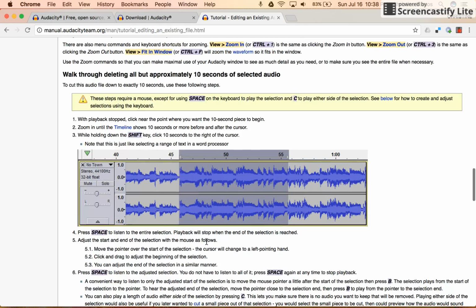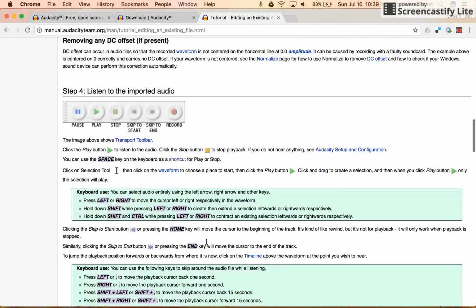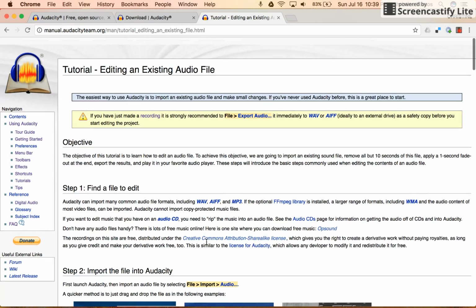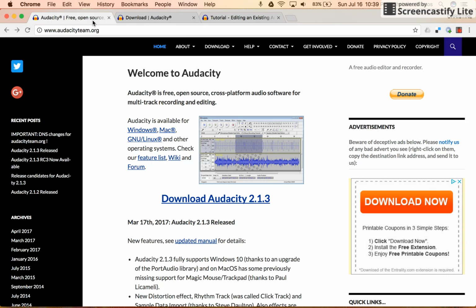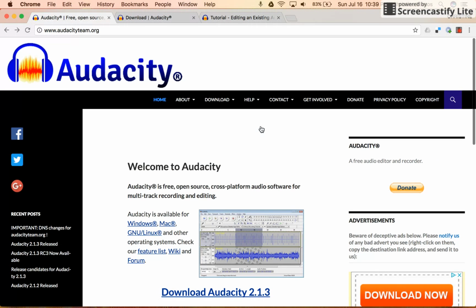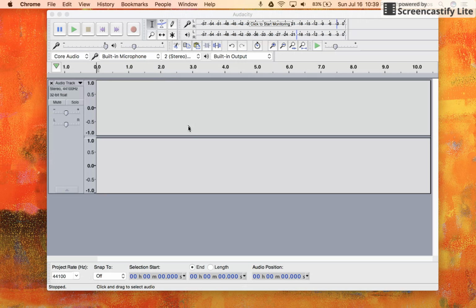So I spent a great deal of time in the tutorials, in the manual itself, before I even tried to play with the tool itself. So I will say that the tutorials are excellent. It seems to me that it was created by an engineer, and so they have great documentation, but not so great presentation.